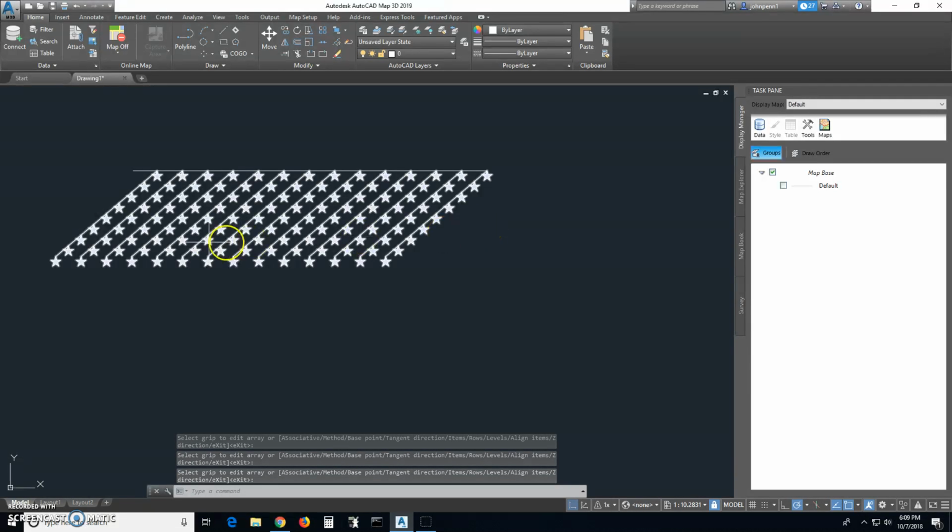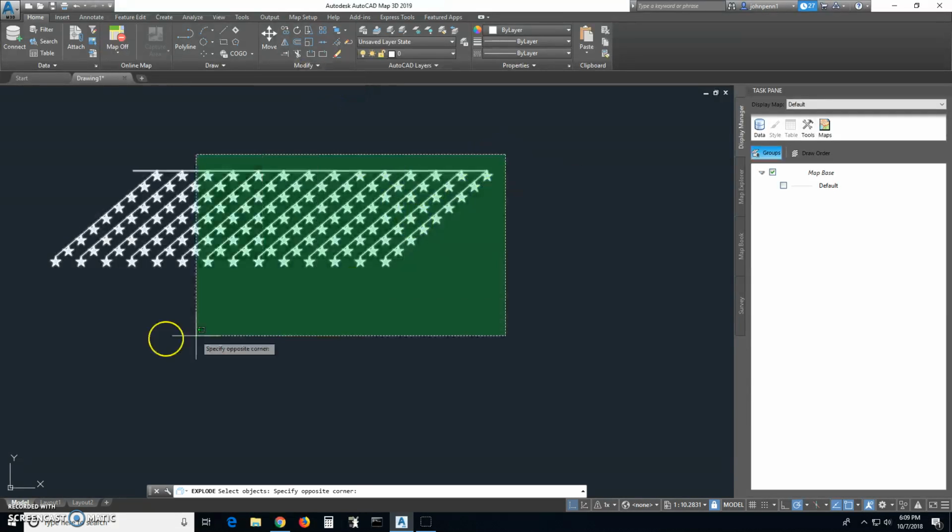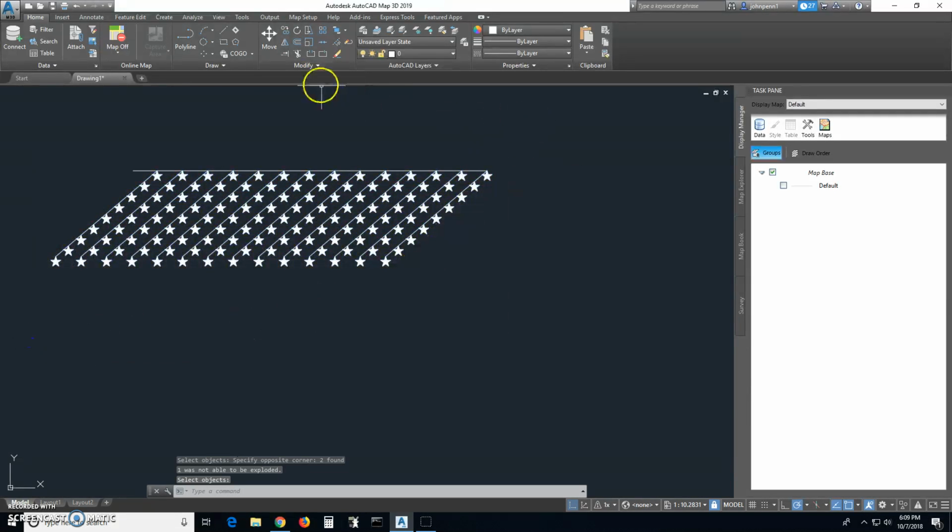Now, let's sort of chop this up here. First, we need to explode the whole thing twice because there are 2 arrays. Explode twice. Okay, now